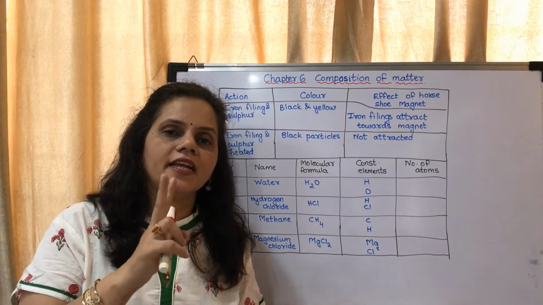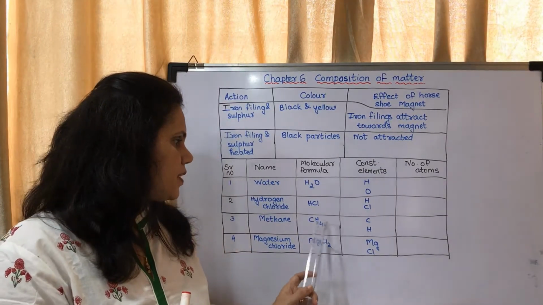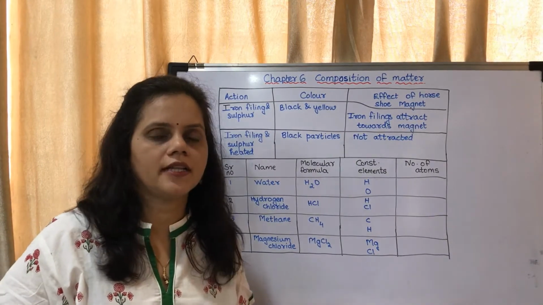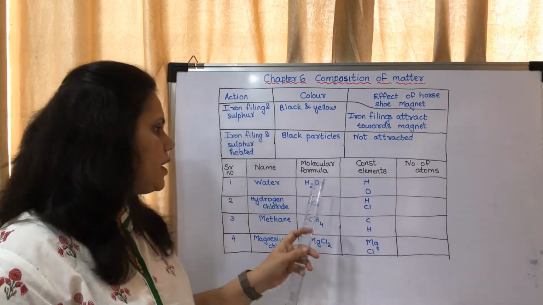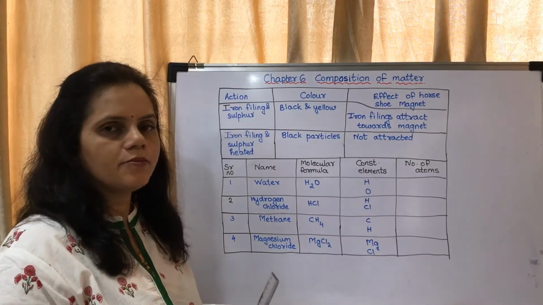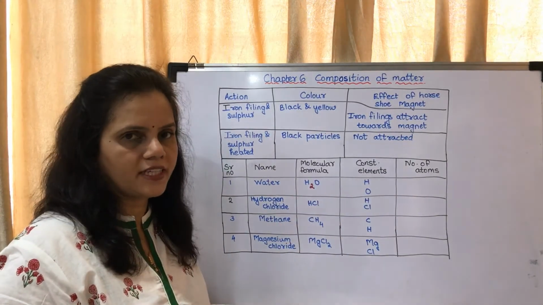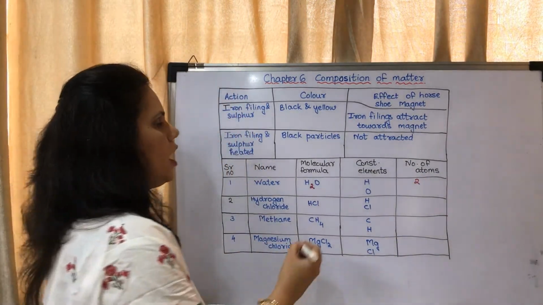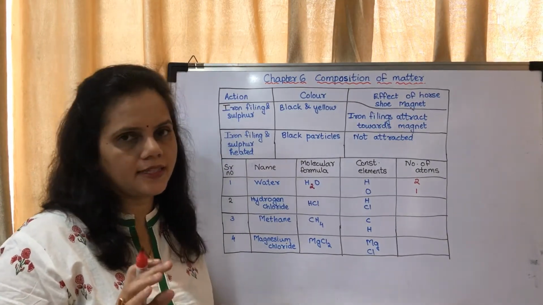Okay. If there are three letters, one is capital and one is small, for example here HCl. Okay, C is capital and l is small. That means C and l are together. It makes chlorine. Okay, so here H2O, there are two constituent elements, hydrogen and oxygen. How many atoms of hydrogen? The number given below is the number of atoms. There are two atoms of hydrogen. How many atoms of oxygen? One atom of oxygen. There is no number means there is one.